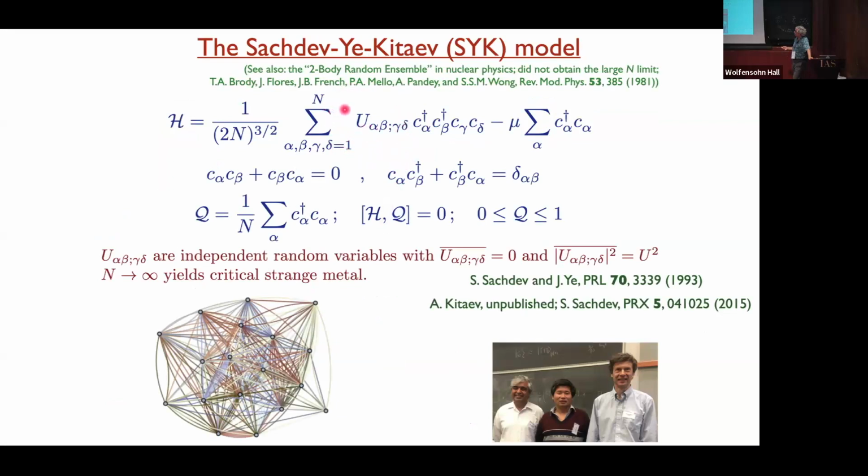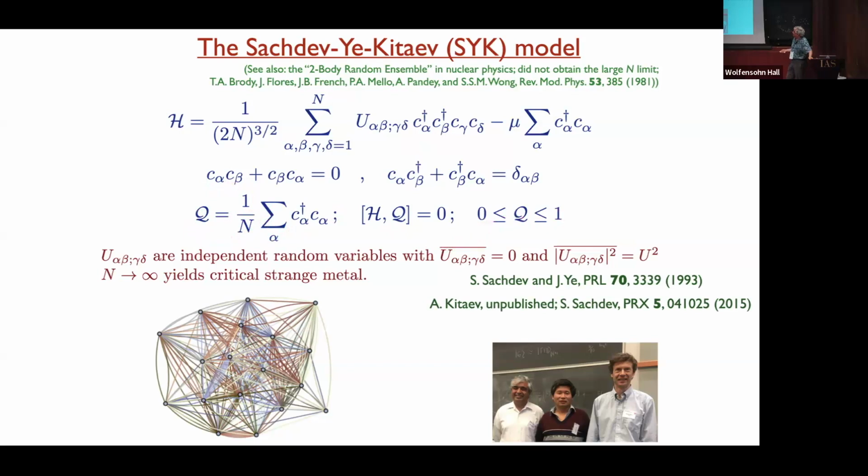Curiously, actually exactly this Hamiltonian was written down by nuclear physicists in the 80s. But they did some numerics, and that's about it. This is something I discovered much later. And these are just fermions, and in this version of it there's a conserved charge. These are not Majoranas, because I want to apply them to systems which have a conserved charge. So that's Q, and the charge density is between 0 and 1. So I'm ignoring spin here.